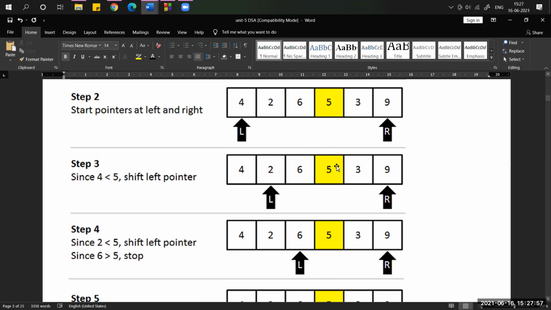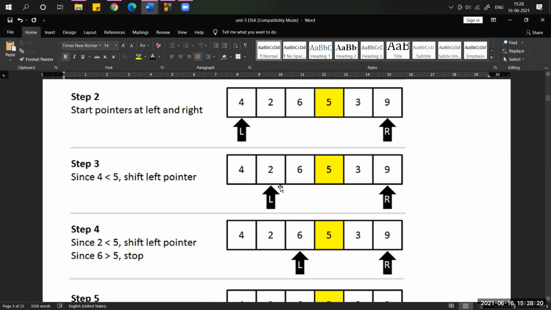If the left pointer value is less than the pivot element, pivot chosen as 5, then simply move to the next location. When the condition is true, move to the next location.